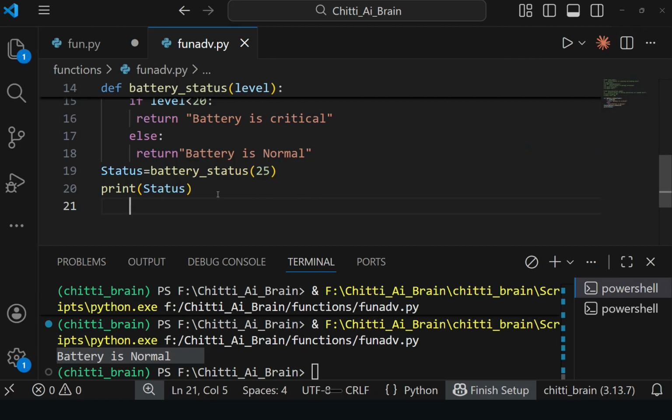Above 20 it will show battery is normal, and below 20 it will show battery is critical, robo battery is critical, you need to charge it, like that it will pop up, right? Like that we have to program that function.